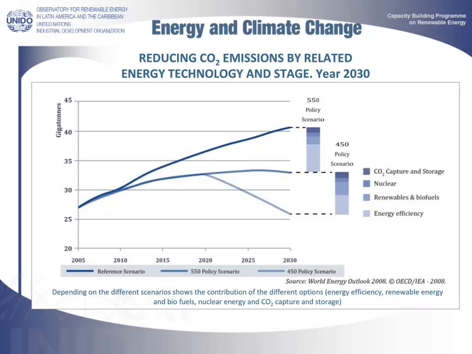For the 550 ppm scenario, the peak of emissions would be reached by 2020, thereafter dropping off. The 450 ppm scenario would require even greater reductions after 2030. World energy demand will grow by 32% and will need to seek a stronger niche in which to search for renewable sources and greater energy efficiency.